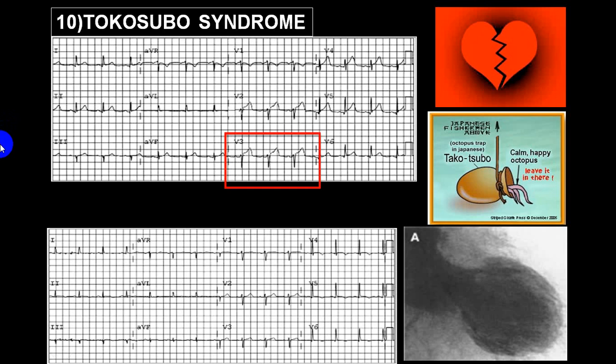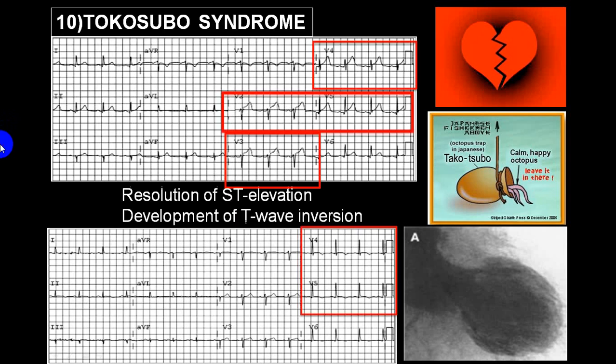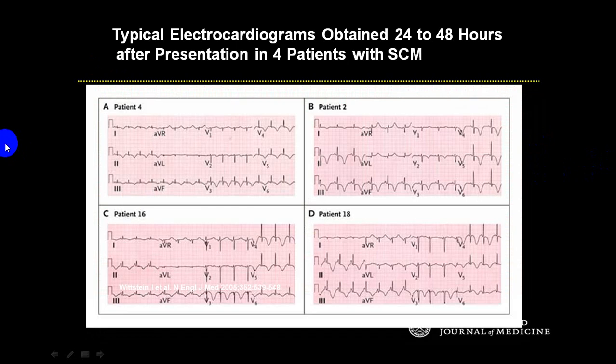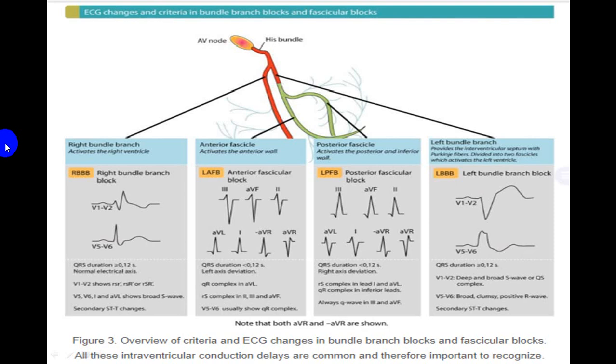Now this is an ECG which shows you Takotsubo. I'll skip over this, I've already discussed before in ST segment changes that if you get a sharp T wave inversion in multiple leads, it can be a case of Takotsubo. So do look at that particular thing.